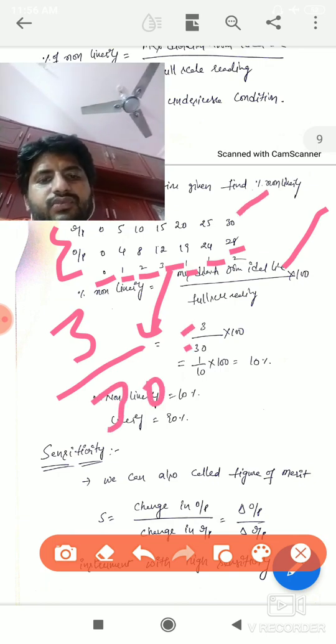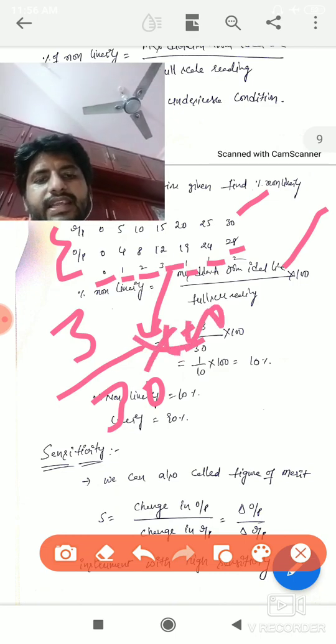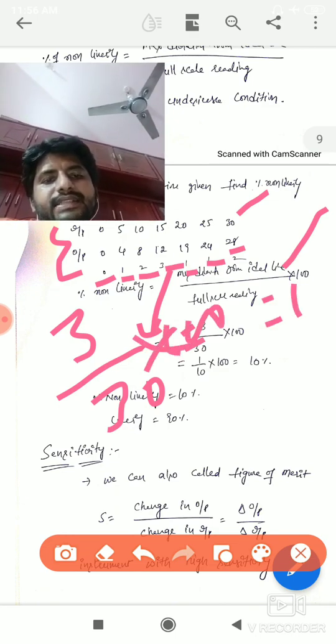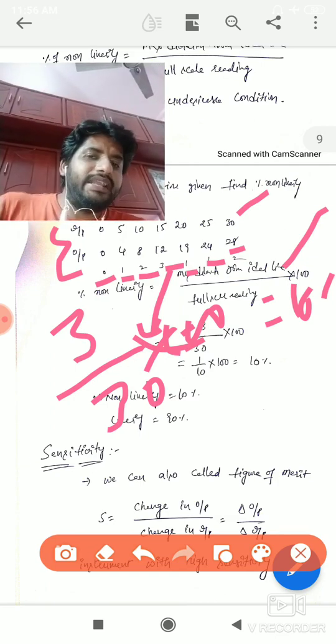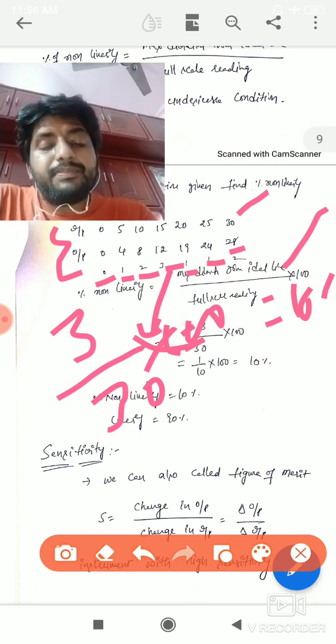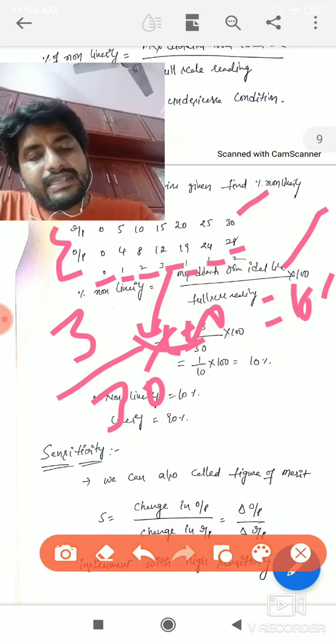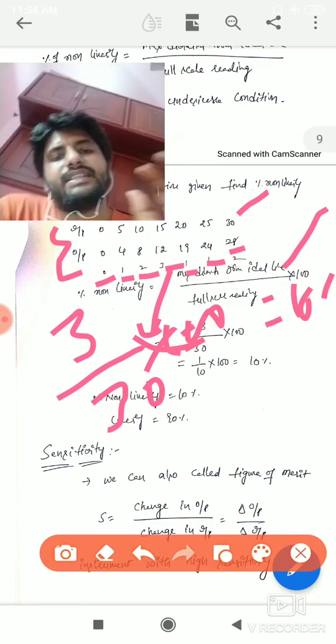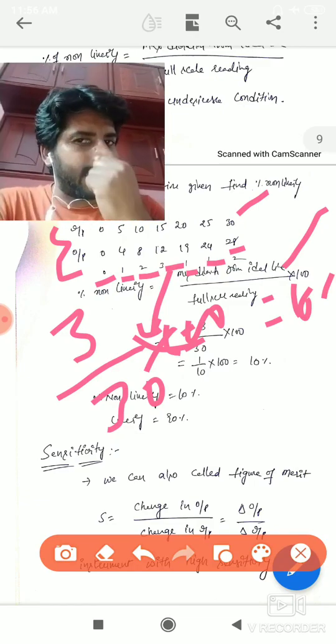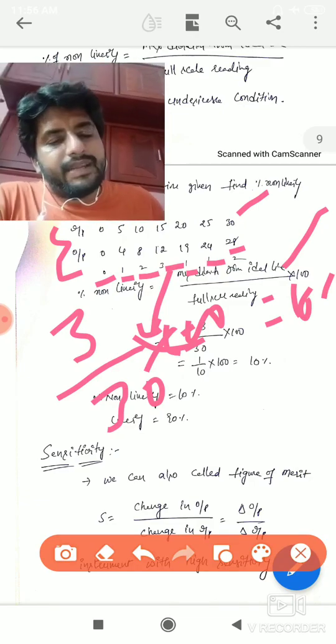3 by 30, multiplied by 100, gives the percentage non-linearity, so we can call it 10%. That instrument has 10% non-linearity. That means what is the linearity in that instrument? 90% linearity is present in the instrument. So that's how we can calculate it. So till now we completed